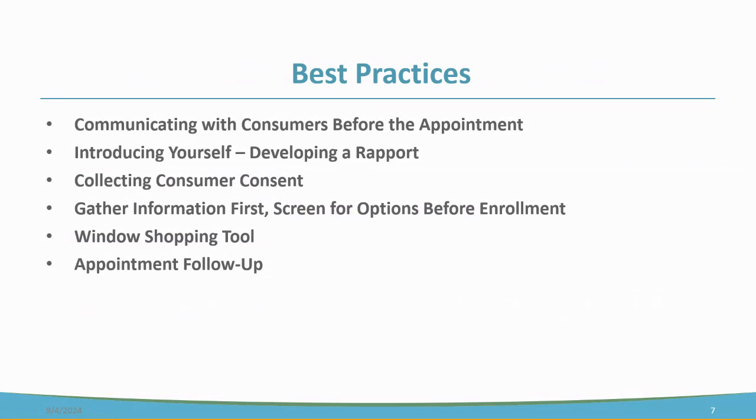We find that consumers, and this makes perfect sense, want to know how much it's going to cost, right? Before we ever do the application, they want to know, is this even a good use of my time to give you all this information and go through this process if it's not going to be affordable at the end? So the window shopping tool, which we can drop into the chat, although you'll see it a lot and probably have it brought up a lot during the conference, is